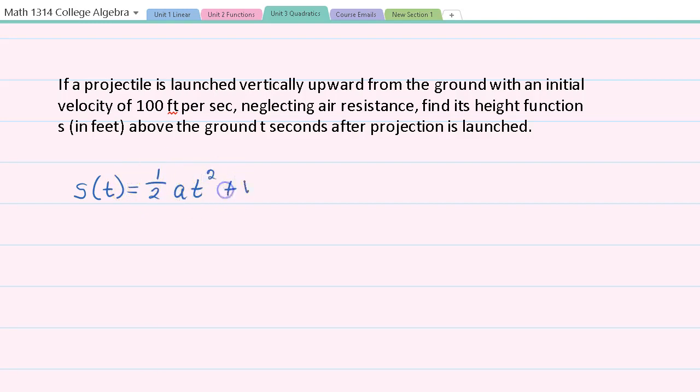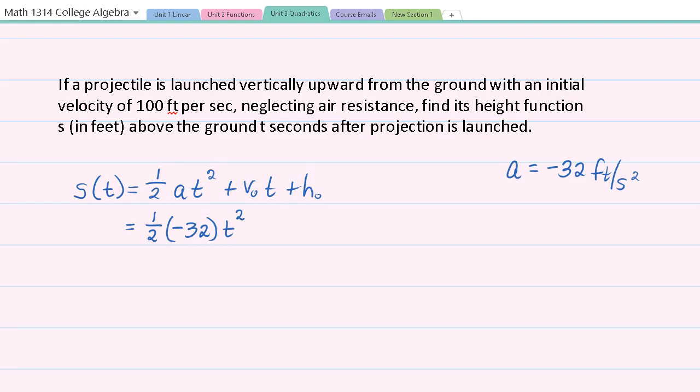and substitute what we are given. Since this launch is taking place on Earth and the units being used are feet, acceleration, a, is equal to -32 feet per second squared. This represents the acceleration due to gravity on Earth. It is negative since we are considering that the upward direction is positive and gravity is pulling the object down